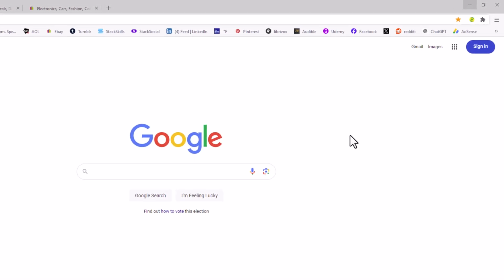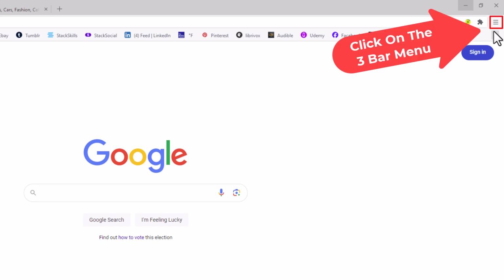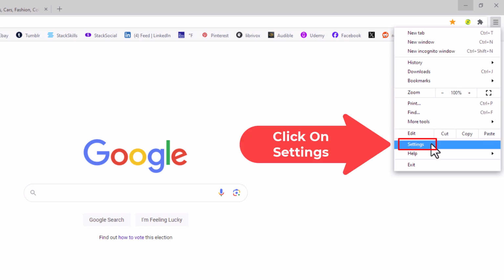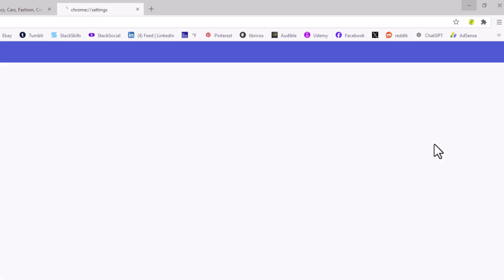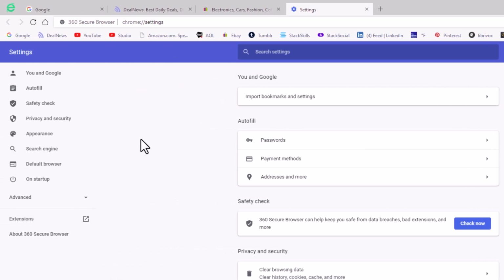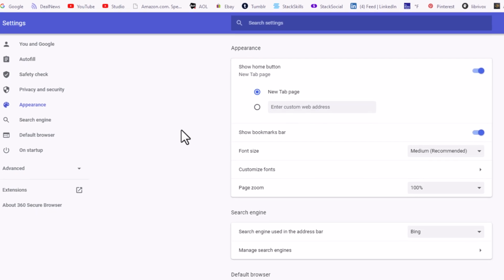You want to go off to the upper right hand corner, up to the 3-bar hamburger menu. You want to click on that. Then you want to go down to where it says Settings and click on Settings. Now in the pane off to the left hand side here, you want to click on Appearance. Then on the center pane,